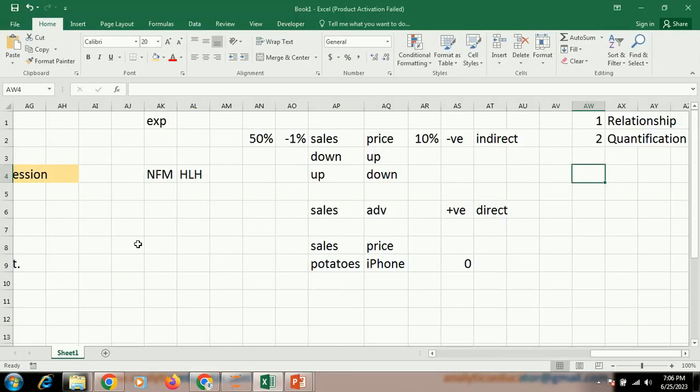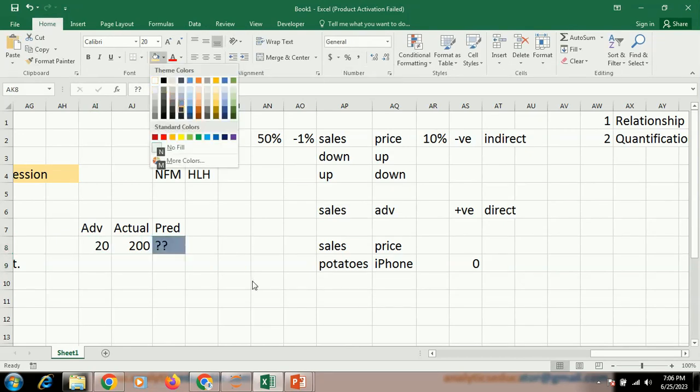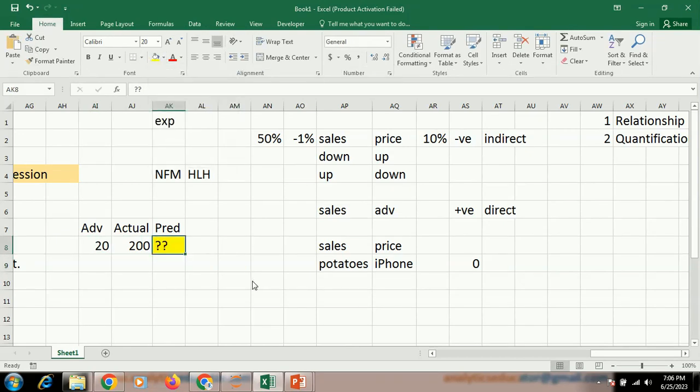So your actual sales is 200, which you don't know. You need to predict the sales when your advertisement was 20, and you need to predict what will happen, what will be my sales.